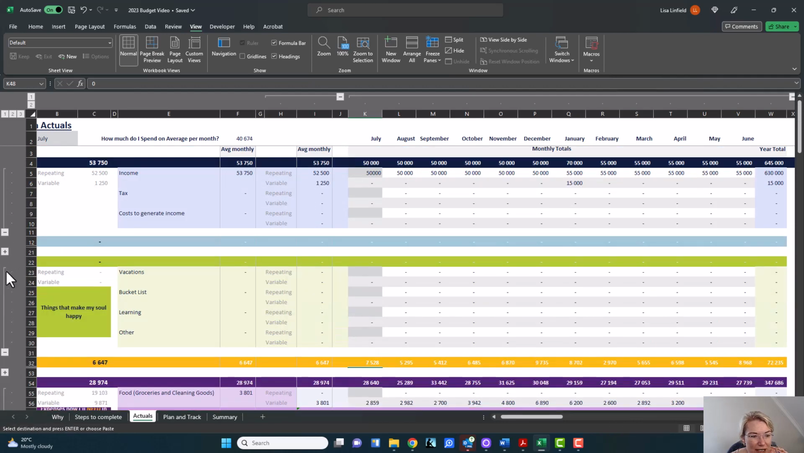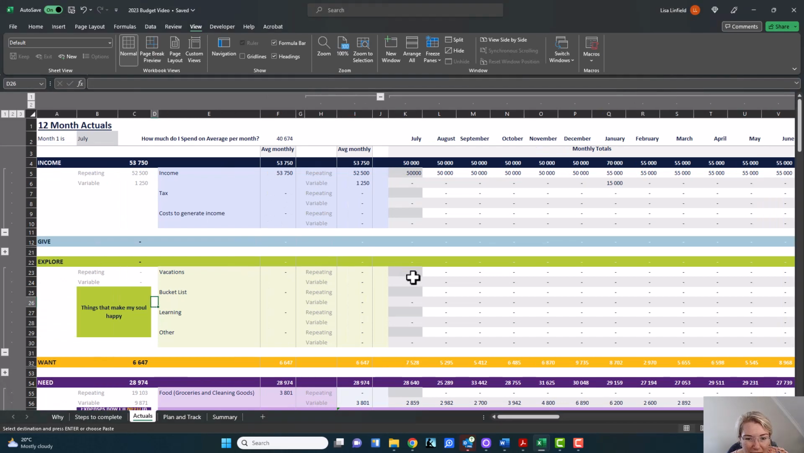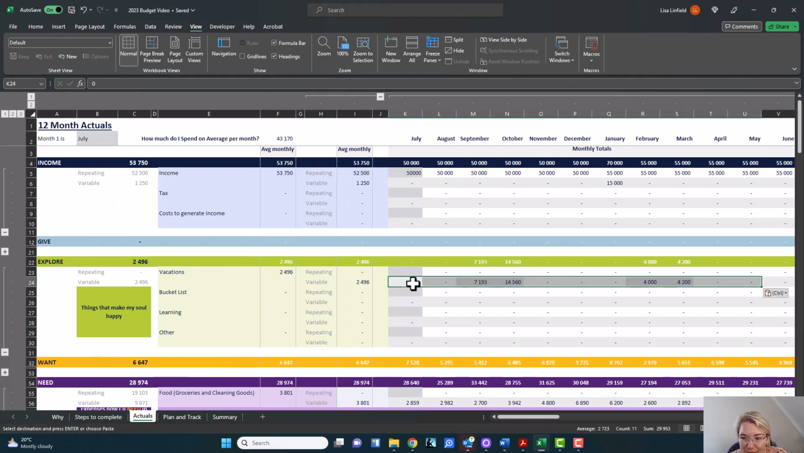We now need our explores up here. And these are things like vacations, bucket lists. For some people, for me, exploring is anything that makes my soul happy. So for some people, that's yoga retreats. For some people, it's studying. For some people, it's bucket list things. So there are different kind of things for every person. In vacations, and